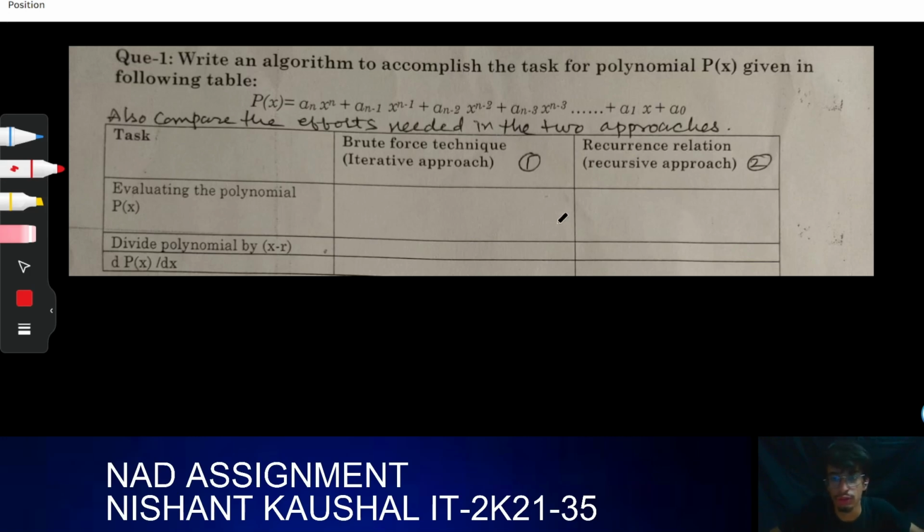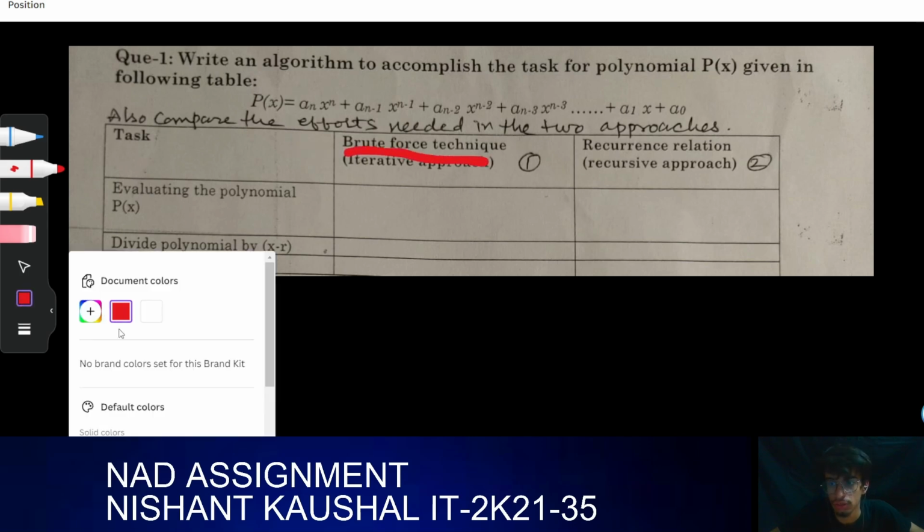So let us solve question number one of our first internal exam. The question is, write an algorithm to accomplish the task for polynomial P(x) given in the following table using the brute force technique. So as we know,